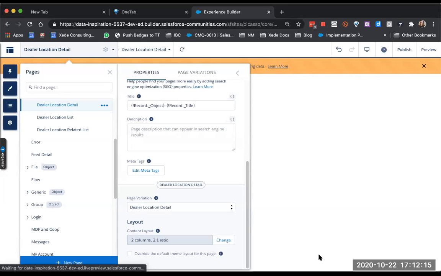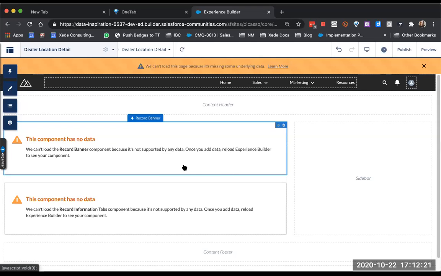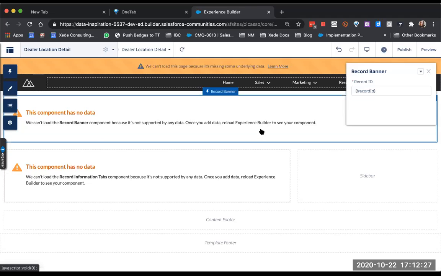So now that we have our new page layout, you're going to notice how things have readjusted a bit. The first thing we want to do is take our record banner and drop it into content header, which is the section. Now, you're going to have 2 different headers, by the way, in your templates for some of them. Well, I should say for some themes. If you have a template header